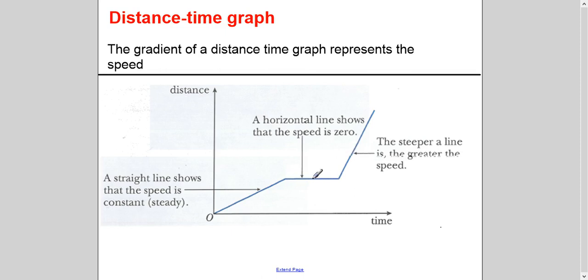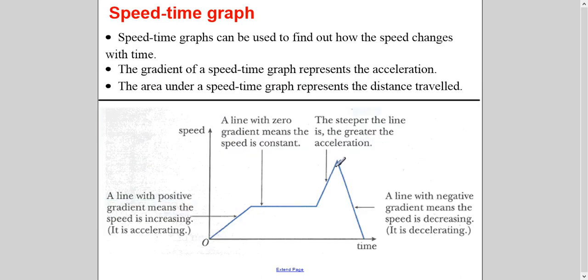And this horizontal line will show that there is 0 speed. You will see here that when you transform this graph onto a velocity-time graph, for example, or a speed-time graph, then this line will become straight. Now, straight at what point? Depending on the gradient. We will solve one question of this type in our questions. This 0 speed means on the velocity or speed-time graph, it will come on the x-axis like this. And this is steeper, so it will have more acceleration. So this line will be drawn above horizontally because this will have more magnitude. So we will see this type of question here in the videos.